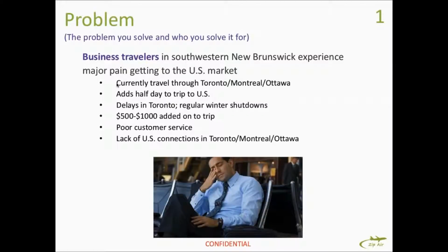The first slide is the problem, and usually people jump right in. I've read business plans and watched pitches and people talking to investors and advisors. They jump right into the product, and to be honest with you, nobody cares about the product. They care about the problem, what you're trying to solve. So the problem is the issue, the pain for that person you're trying to solve, and in this case, it's business travelers